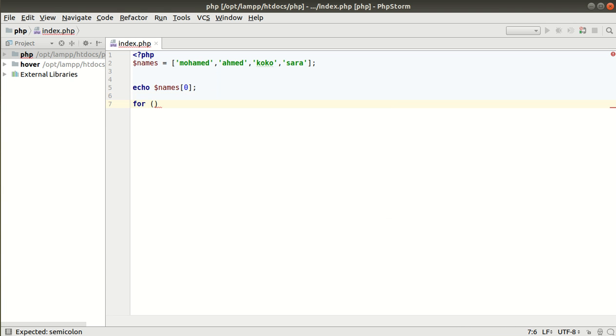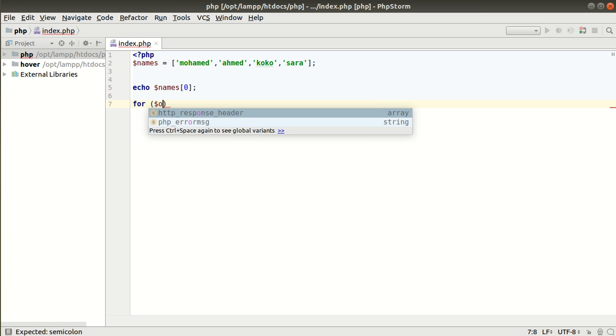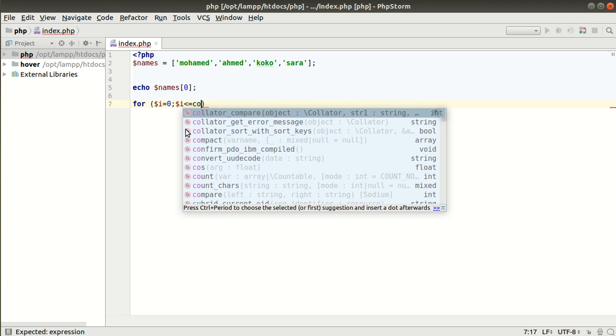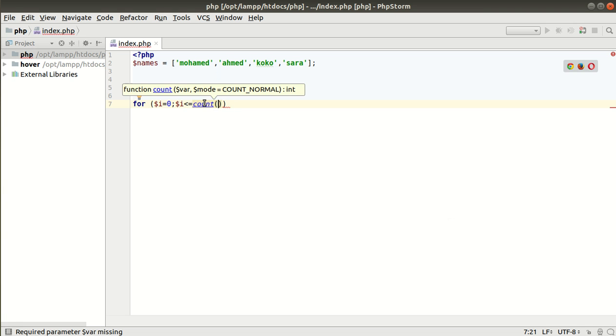For, we can create our variable that starts from 0. Now it starts from 0 because our index starts from 0. Okay, our condition: i less than or equals count. This count is a built-in function in PHP. It counts any array. Okay, our array names